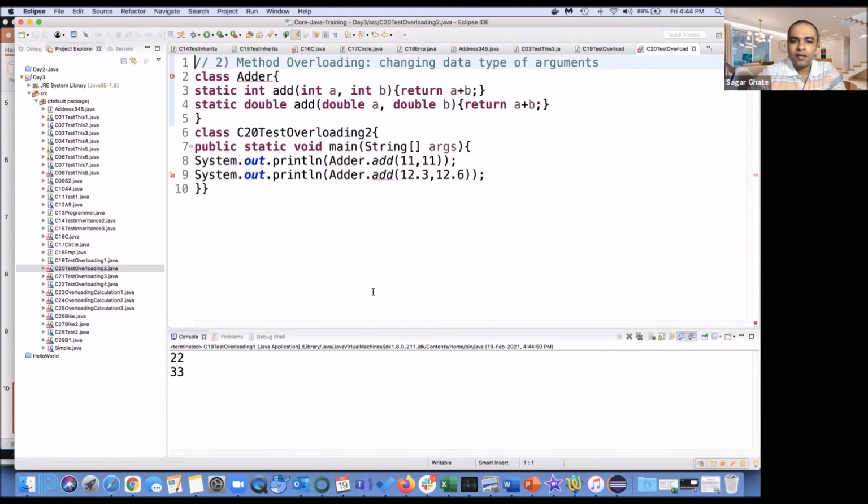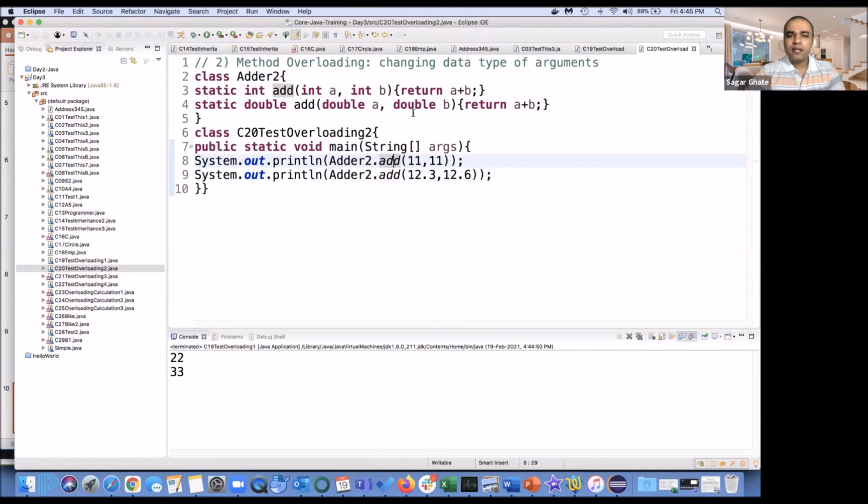Now here we are changing the argument. Let's have Adder2 as the class name. Now what's going to be the output of this program? Again, straightforward and simple. Int we have already seen in the last program.